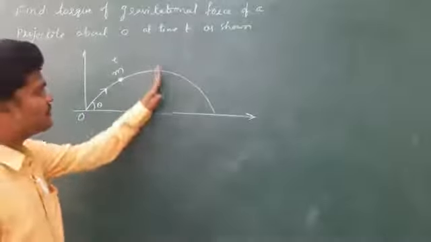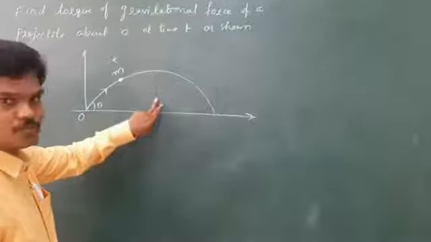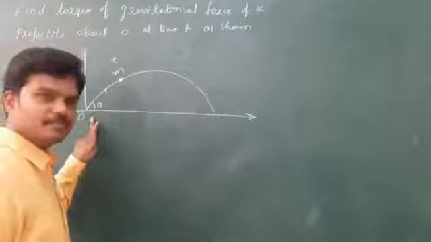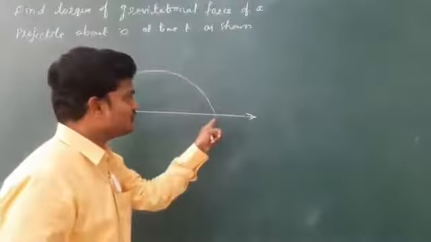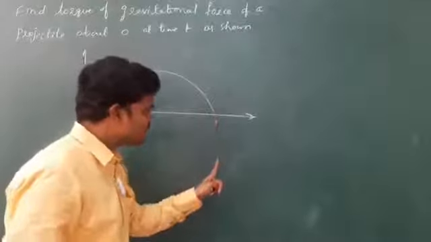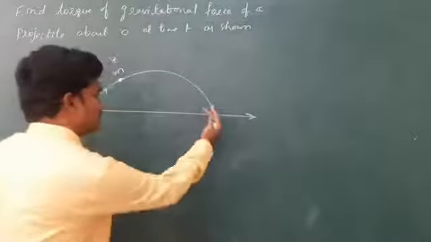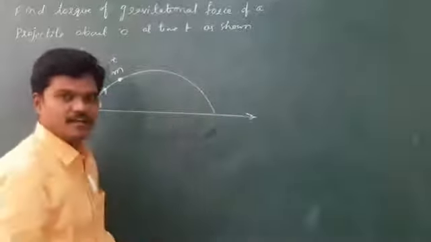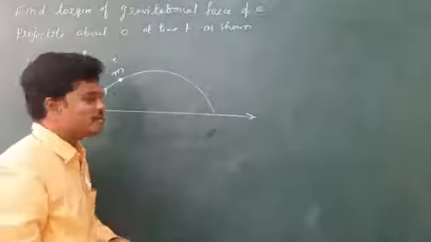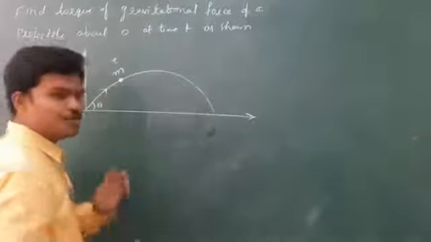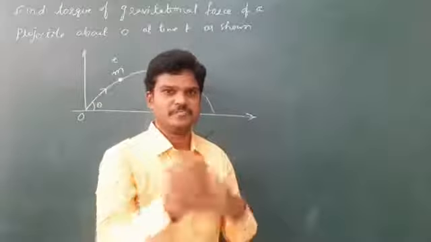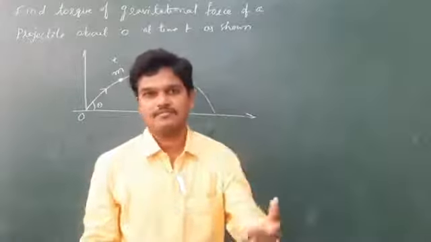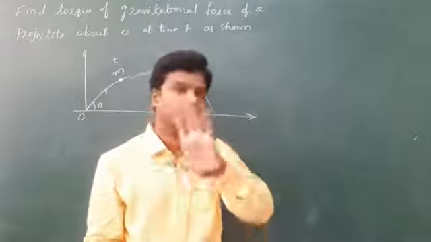We know already, if it is at maximum height, the weight of this body acts downwards, and we have taken the perpendicular distance as R by 2. And if we calculate the torque here, the weight of the body acts vertically downwards, and we have taken the perpendicular distance as R, nothing but range. But see here, anyhow you know the direction of the torque. Minus k cap, plus k cap, anti-clockwise, clockwise, everything is covered.